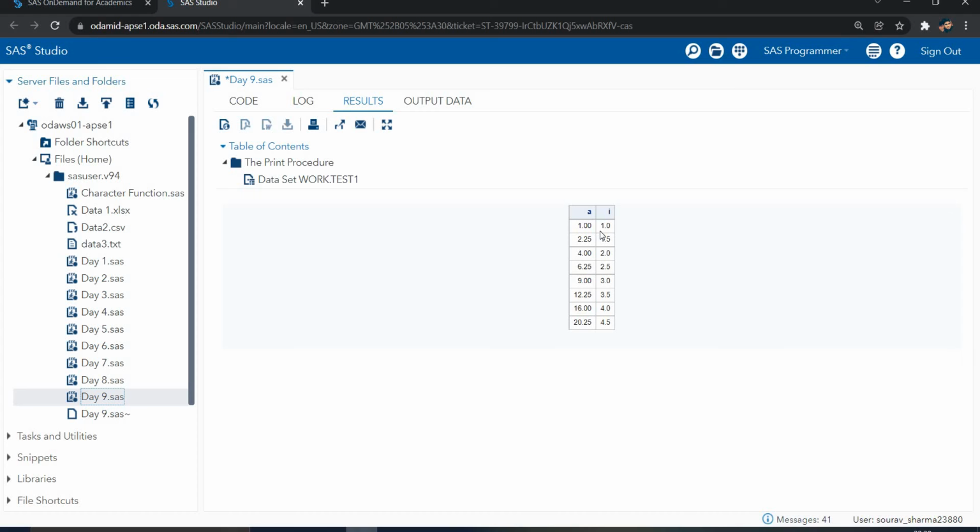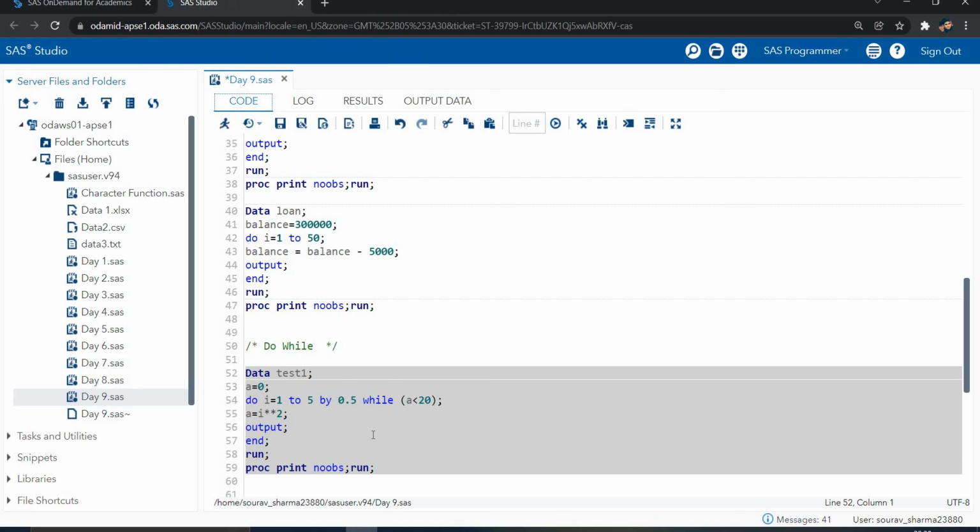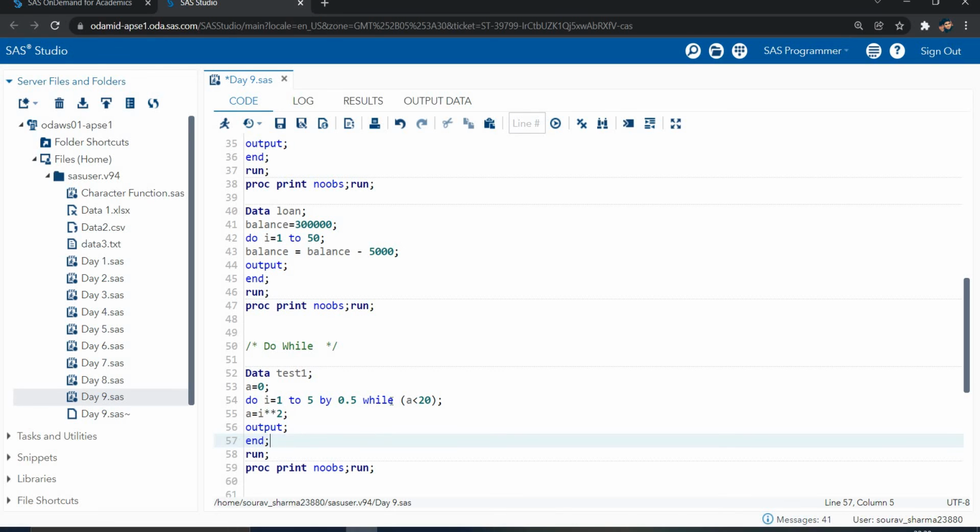Let's execute this do while. Now you can see here we have the first value 1, so a is 1, then I is 1.0. Now this is 2.25, then 1.5. It will run till 20.25. So this is my end condition.